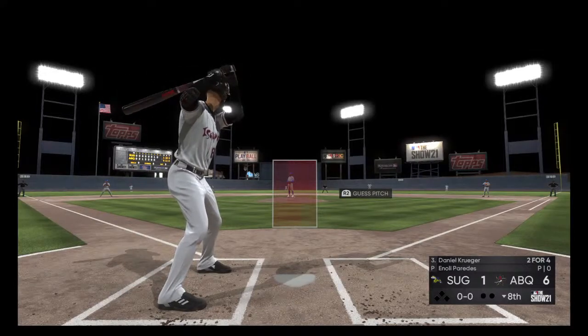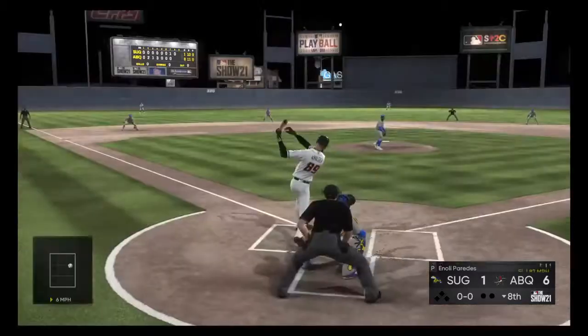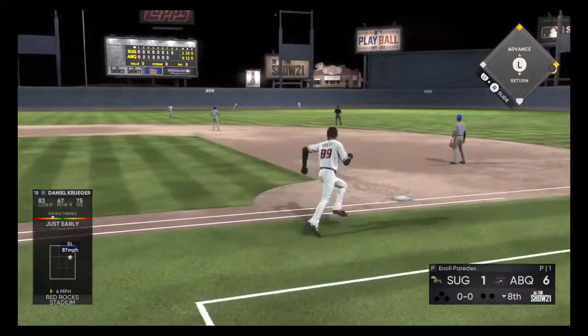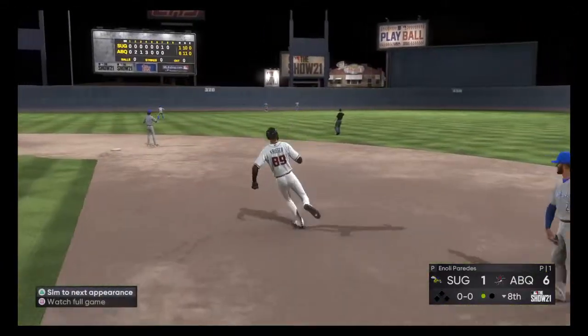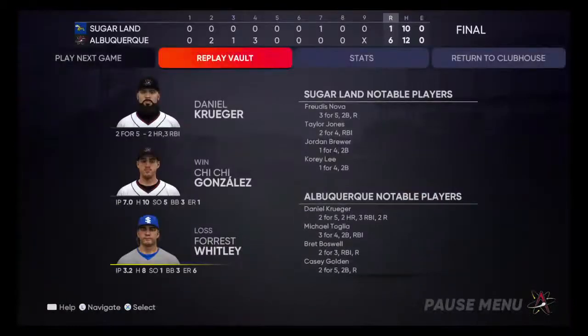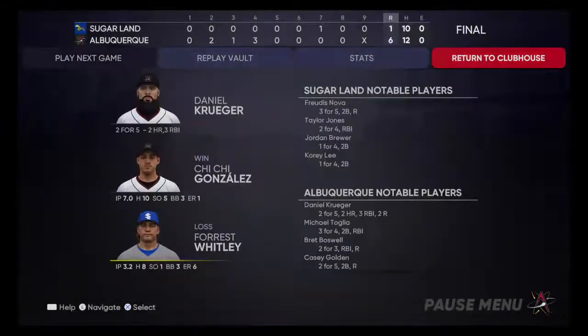Ready to go for the last half of the inning. Here comes the first baseman, Daniel Kruger. This is hit high in the air out toward left center. Center fielder on the run, and he tracks it down. Nice play. And tonight's game comes to a conclusion, 6-1 the final. The Albuquerque